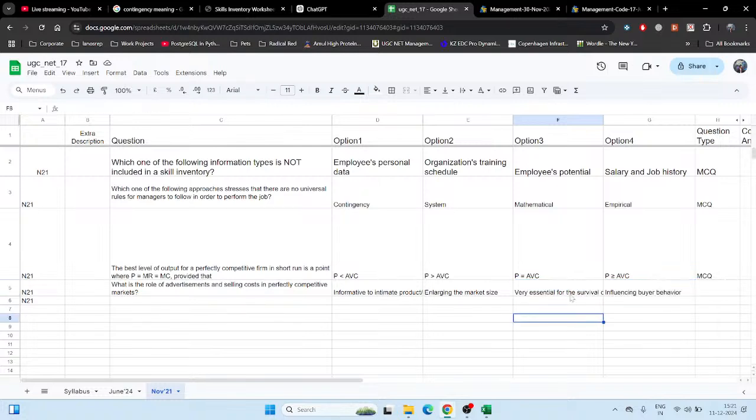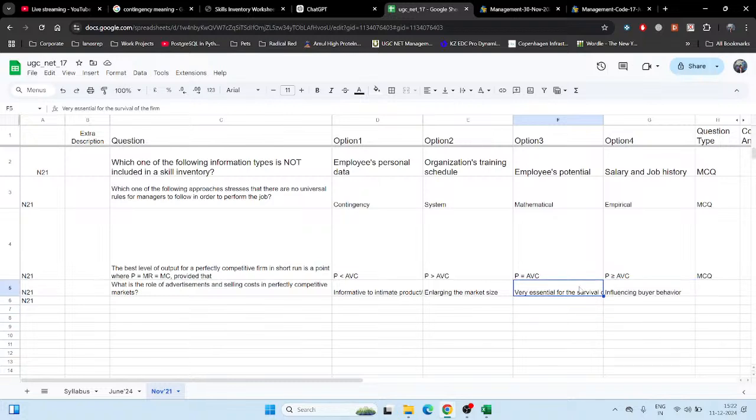I don't believe so, because if your competitor advertises his products and your product is identical with regard to quality, price, and output quantity, how many batches you can make, then survival, I don't think so, because you can save on the cost. This is a very tight competitive market. You can save on the cost without marketing, and you can just sell it saying it has the same features. Influencing buying behavior could be, but yeah, we do see it as very essential for the survival of the firm.